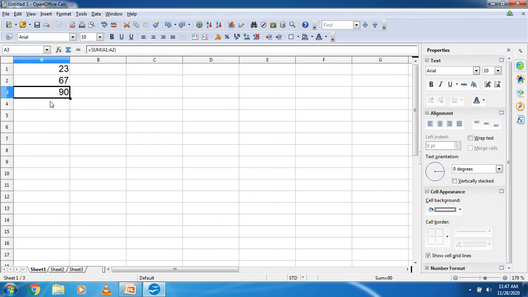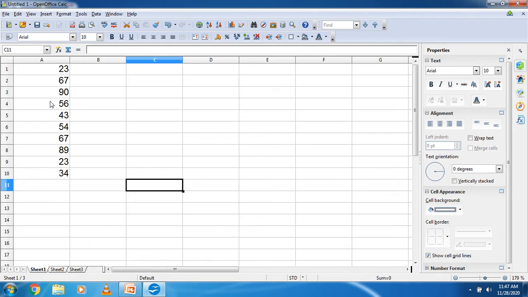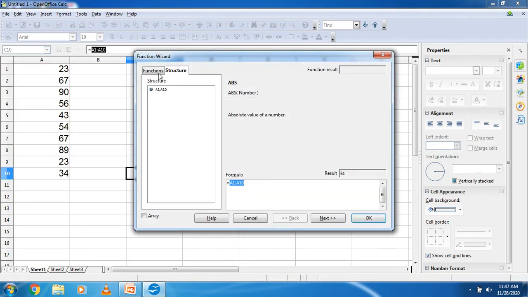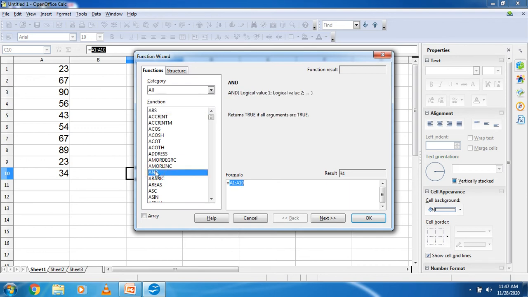Now, I will explain one more way here. Suppose I am writing numbers here. Now I want the addition of these 10 numbers. So for that, I will write here equal to, I select all these, and here I choose the option Sum.